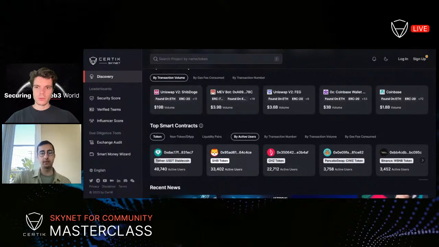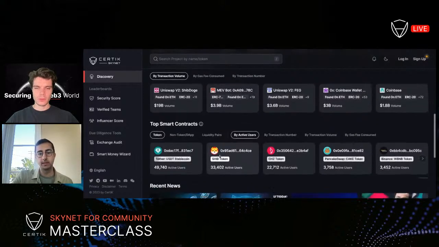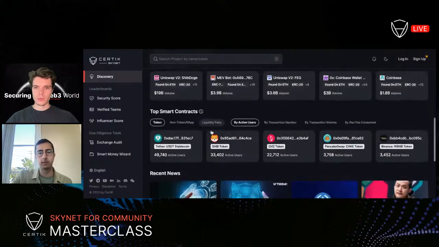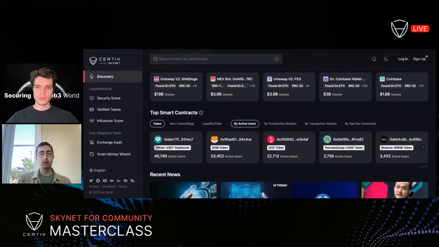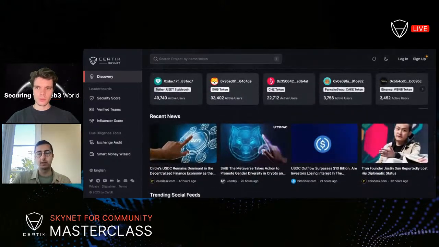So, we built out a very expansive data backend when it comes to Skynet, and we're ingesting on-chain data from all different types of blockchains, analyzing that data, and then based off our analysis, we want to give our users some alpha, right? So, whether that's being able to track top smart money wallets by transaction volume, by gas fees, see what smart contracts are trending, really just trying to make all of this otherwise very complex on-chain research more accessible and more understandable for users so that they can have some level of discovery into the